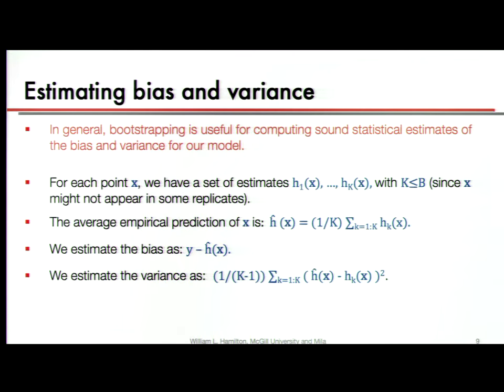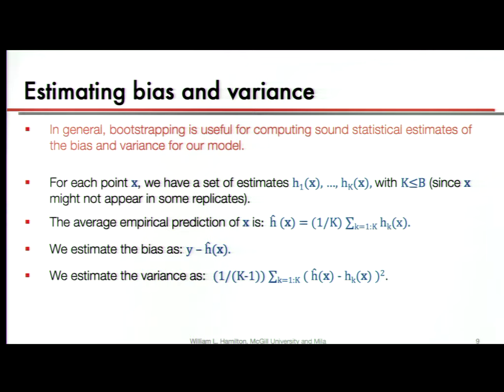And this can be useful, just like doing cross-validation, because we can get estimates of our error using these bootstrap replications. It's a little bit different because when we're doing k-fold cross-validation, we're splitting our data, so there are some training points in this fold and some training points that we're testing on in every split. Whereas with bootstrap aggregation, randomly, some points are going to end up in some replicates and some points aren't.